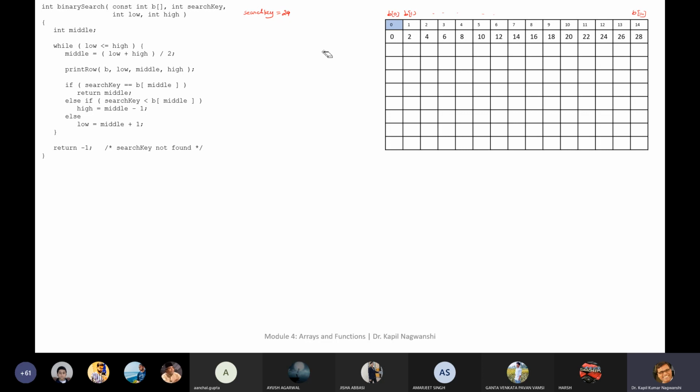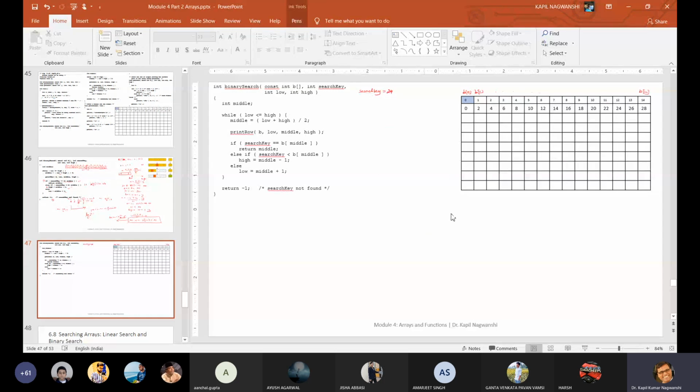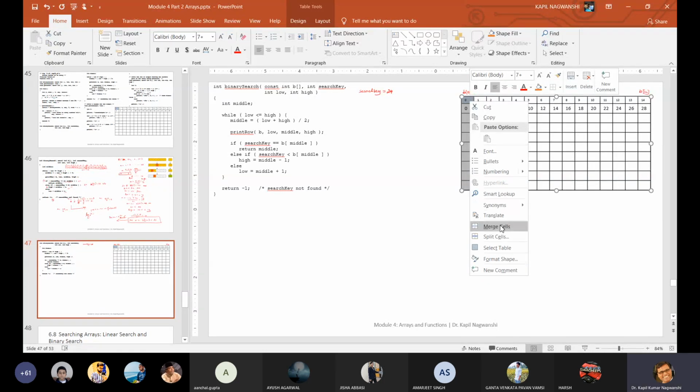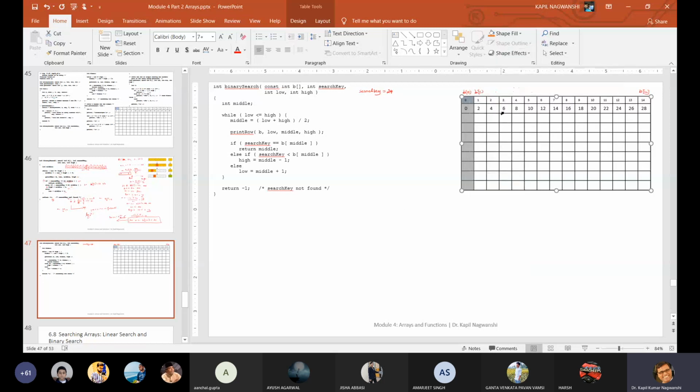Now I'm going to erase this and put some other things also. What is required at this time is low, high, and mid. Is any other thing required?